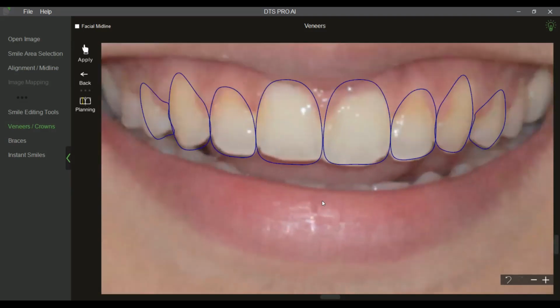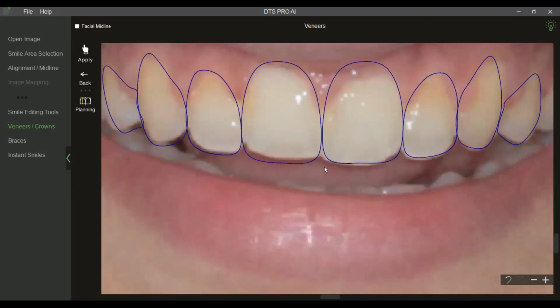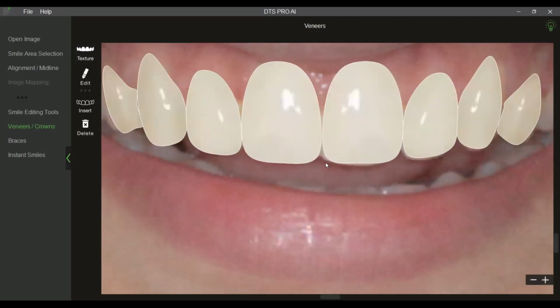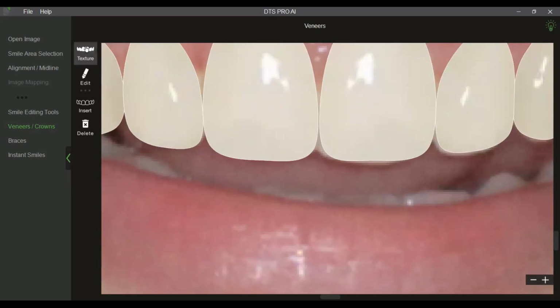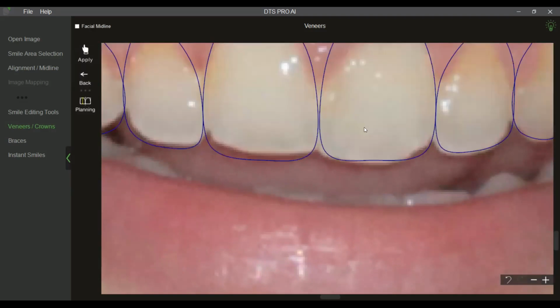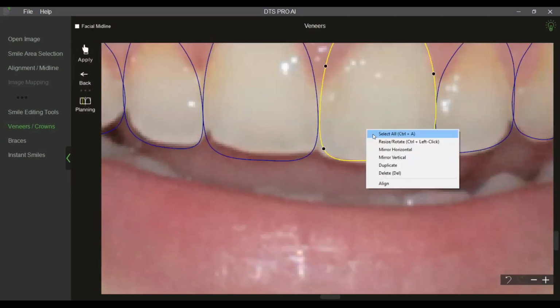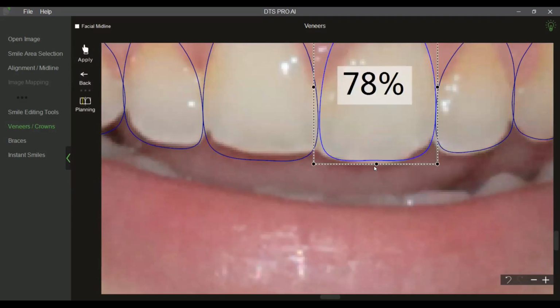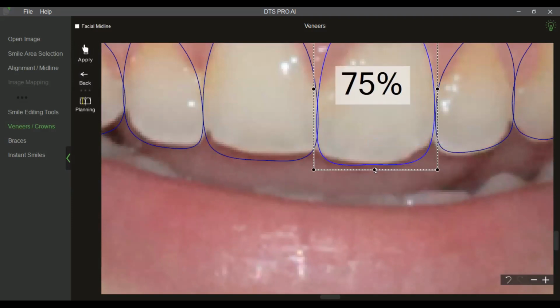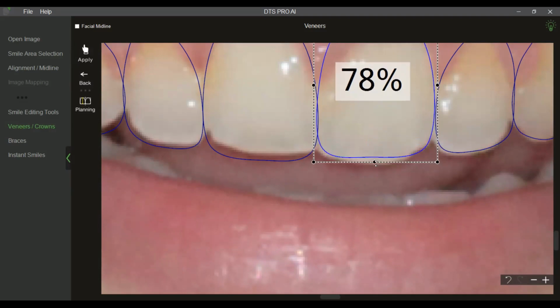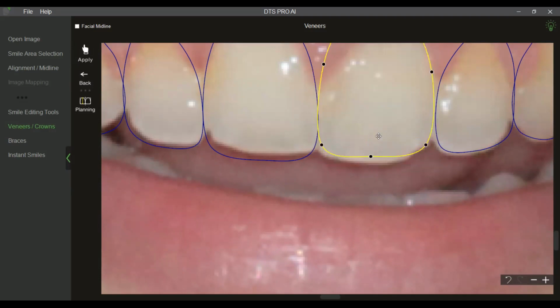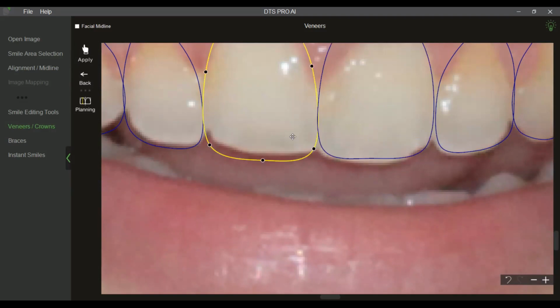Now, if you see some part of the original tooth structure is extending outside the veneer outline. And it will be seen once you insert the texture. As you can see, a part of the tooth structure is visible here. So how do I control that? Now, either I can make my veneer a little longer to cover that. But if that is not the case which I want, say for example, clinically I am looking at cutting that part of tooth structure. So how can I control that?